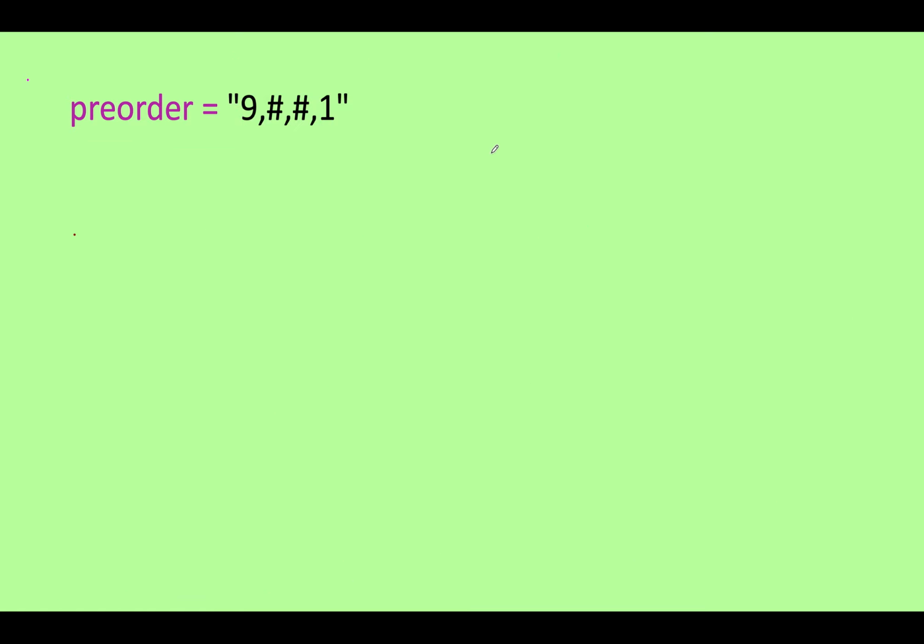Let's see a negative case as well. So here the vacancy variable initially holds 1 because we are starting the iteration, and the first value that we see is 9. 9 being a non-null value. Since we are visiting 9 for the first time, vacancy gets reduced by 1, it gets updated to 0, and it's non-null, so we add 2 to it because it is creating 2 more vacancies in the system.